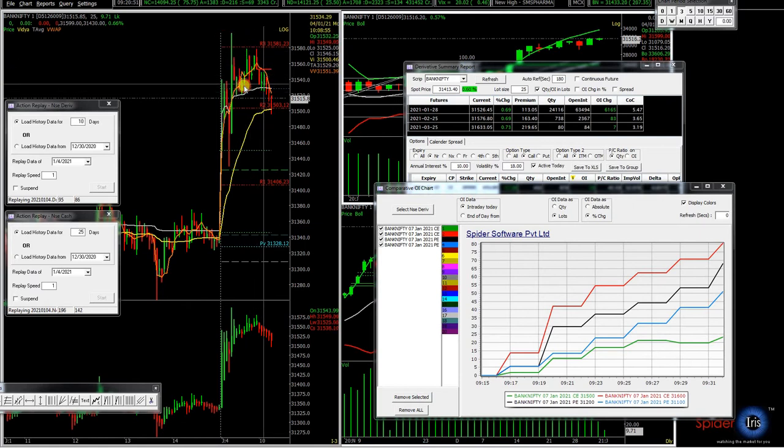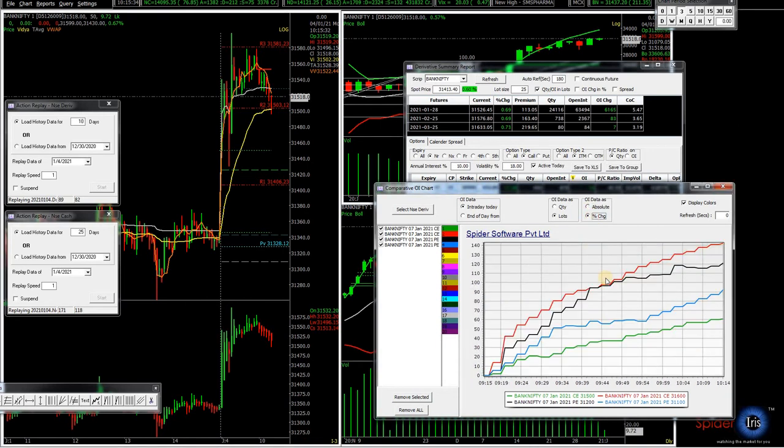It has done 30 to 40 minutes of ranging. The data is also saying that people are leading in the calls and the 31,200 put. It's clearly showing that if this lower low structure continues, the 600 call is where participants are shorting, and 200 put is the next support for the market to keep the trend. Support is at 200. As the market broke this lower low structure around 540, we clearly saw there was a correction. Let us see the body language of the market after touching that level.